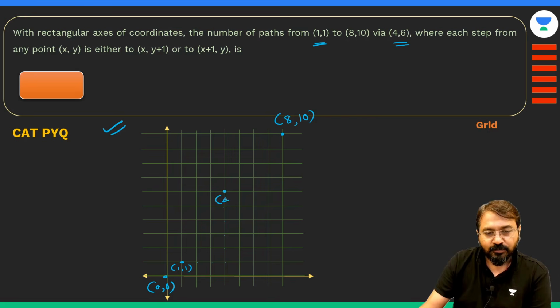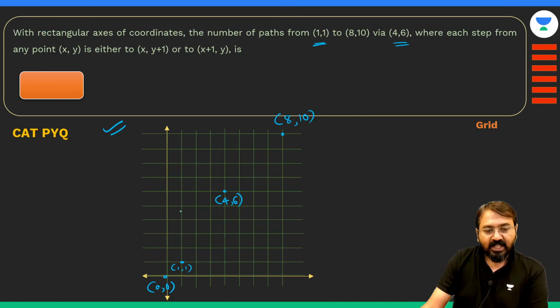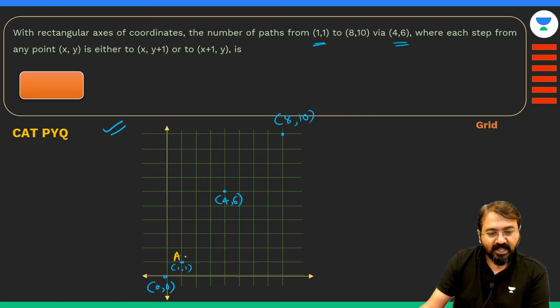सो दिस पॉइंट इज (4,6)। तो मुझे यहां होके जाना है, तो कैन आई से सपोज ये पॉइंट हम ए ले लेते हैं, दिस पॉइंट इज ए, दिस पॉइंट इज बी, दिस पॉइंट इज सी। सो वी नीड टू गो फर्स्ट फ्रॉम ए टू बी, ठीक है। और मैं सिर्फ ये ग्रिड फॉर्मेशन में ही जा सकता हूं, मैं ऐसे डायगनली नहीं जा सकता। दिस इज व्हाट दिस पॉइंट सेज बाय द वे, अनदर वे ऑफ अंडरस्टैंडिंग इट।